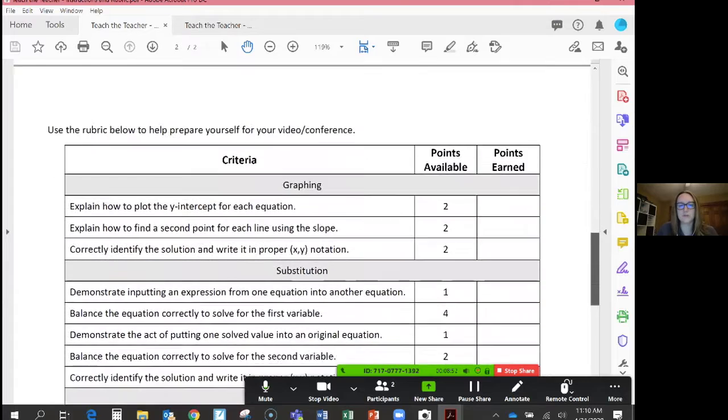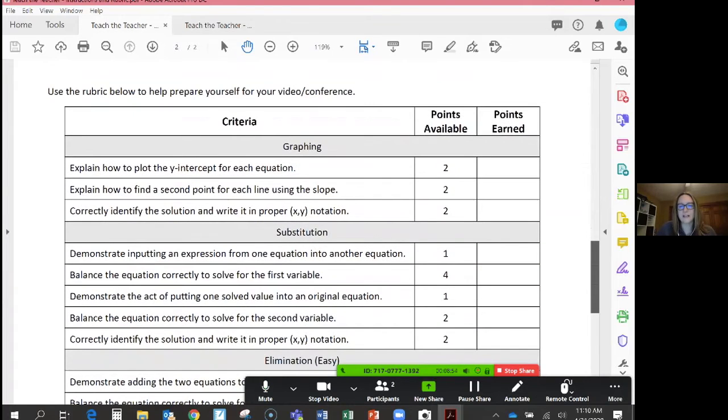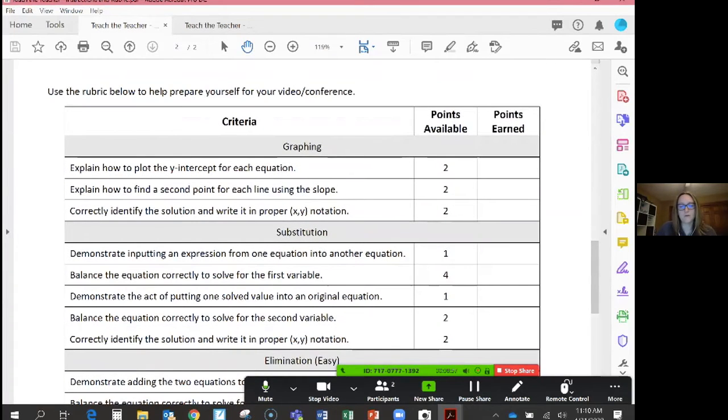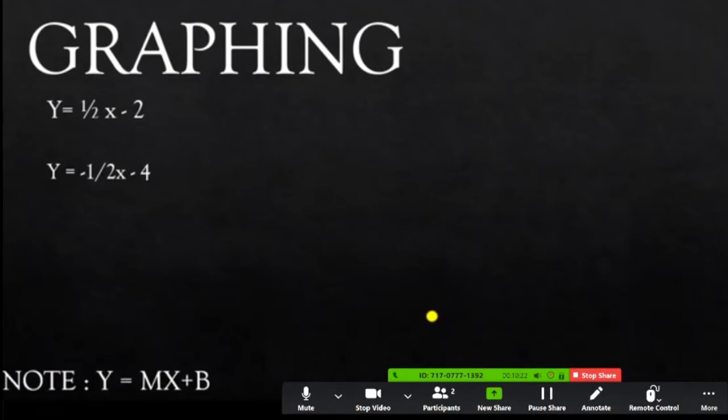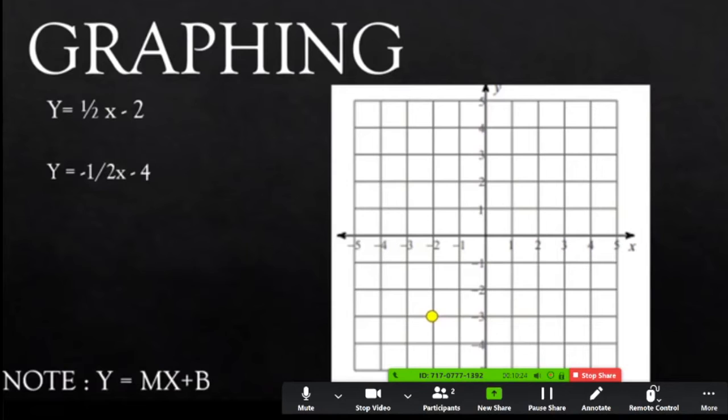And then here's the rubric. I laid out every single step of solving each type of problem, and then they could earn points for following the rubric. So if we look at a graph,